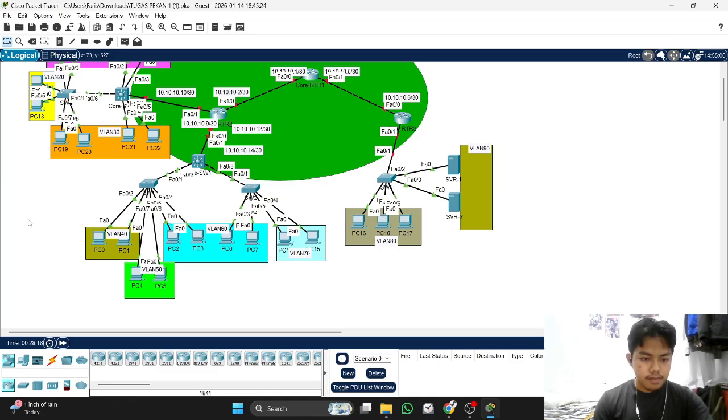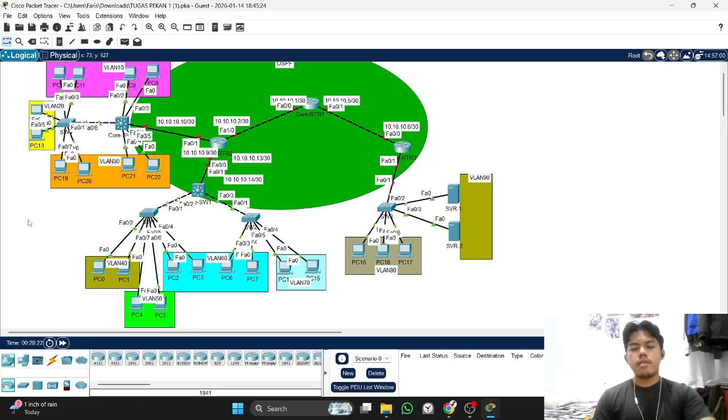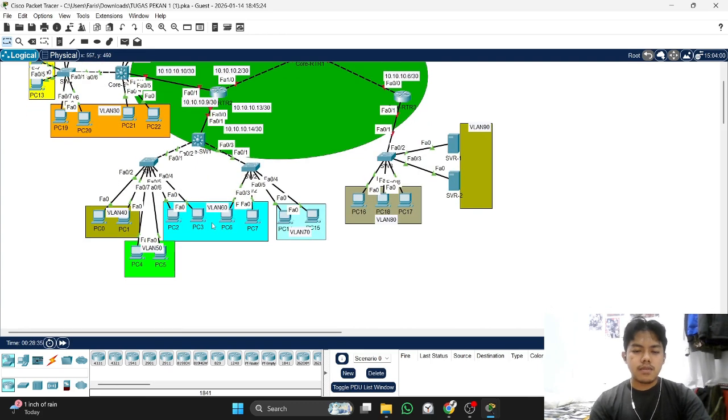Okay, first, maybe I will tell you about the big point of the step, and then I will create by myself. Yeah, because I've explained this before.